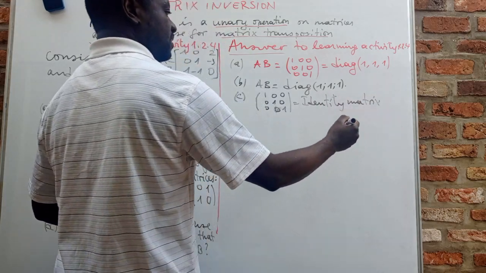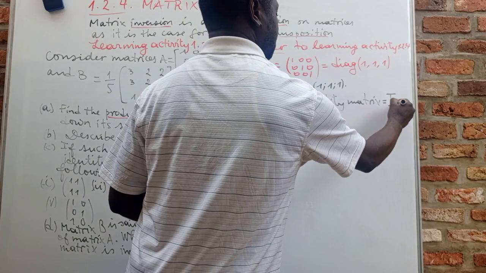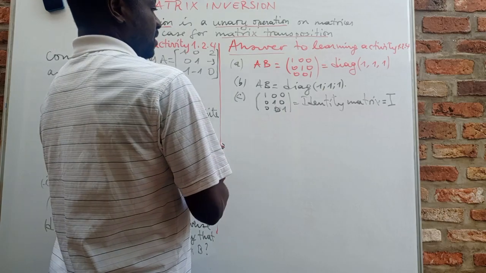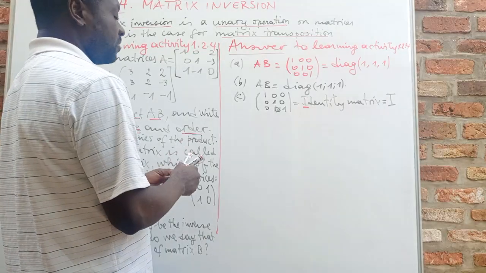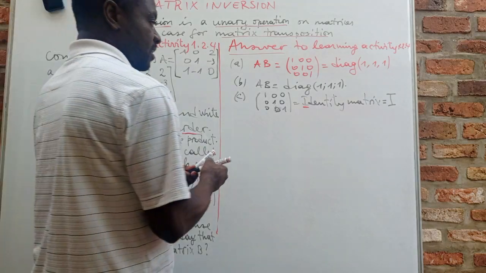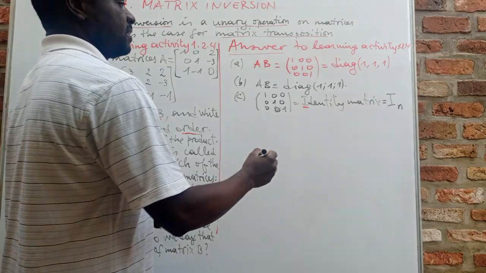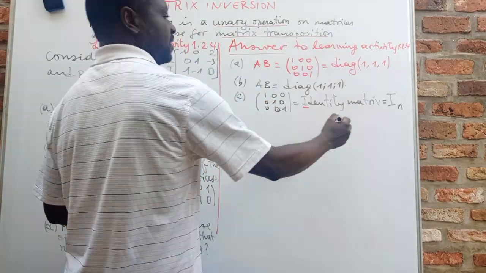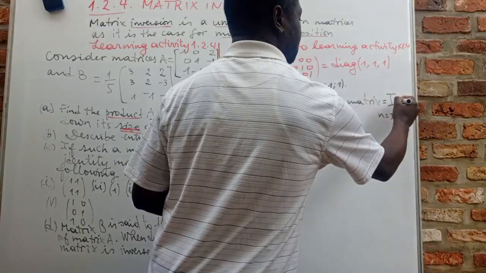An identity matrix most of the time is written as I, and most of the time it is indexed with the order n. In this case, the order is 3, so n equals 3, so it is written as I3